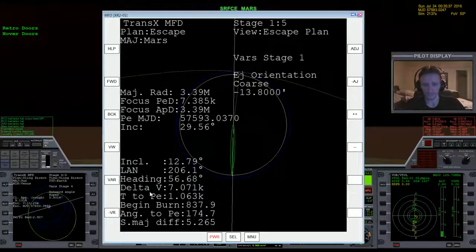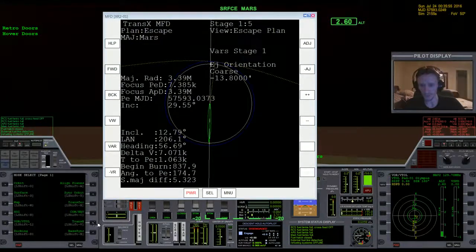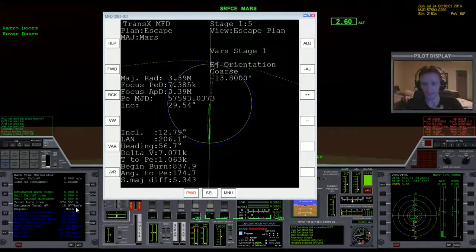Okay, so we need 7,000, let's call it 7,100 worth of delta V according to TransX. And of course, that's not including mid-course corrections and whatnot. Now, burn time calculator says we have almost 11,000 worth of delta V. That's basically 4,000 more than we need, so I don't really feel the need to bring an extra fuel module with me. Actually, before I make that determination,